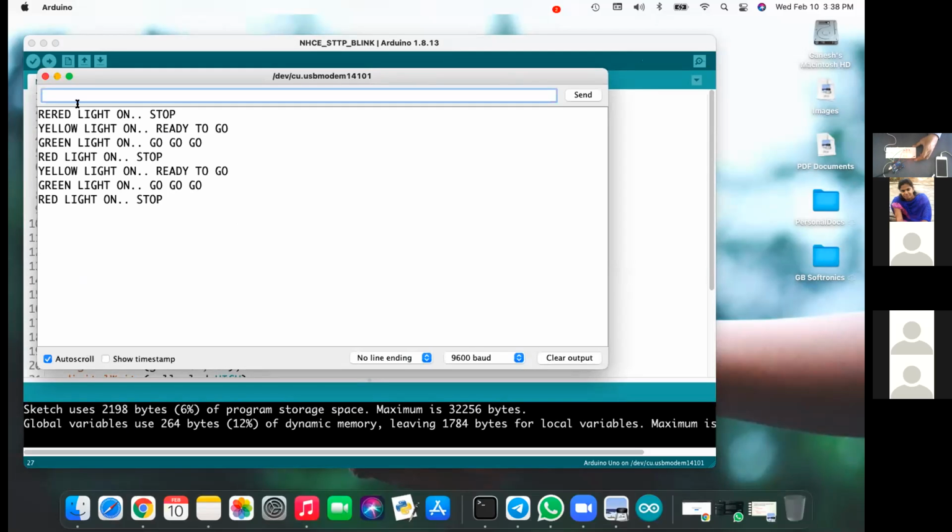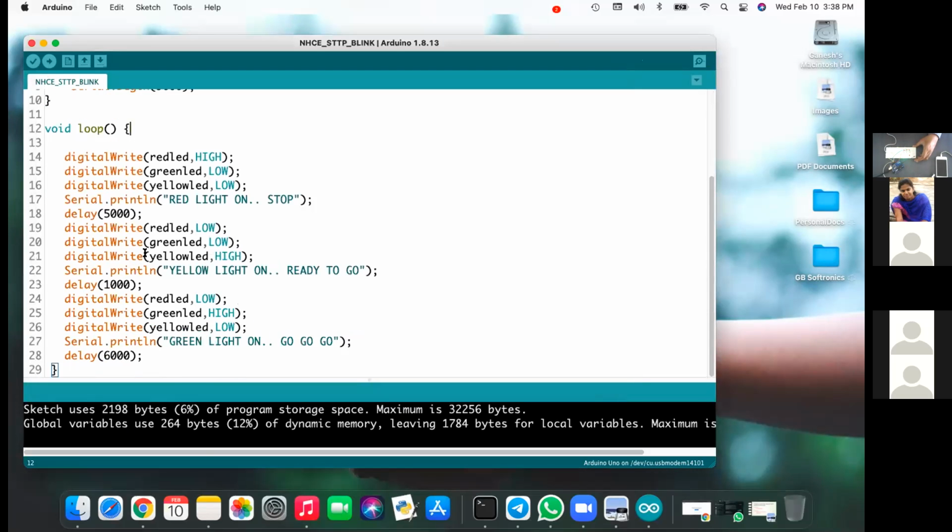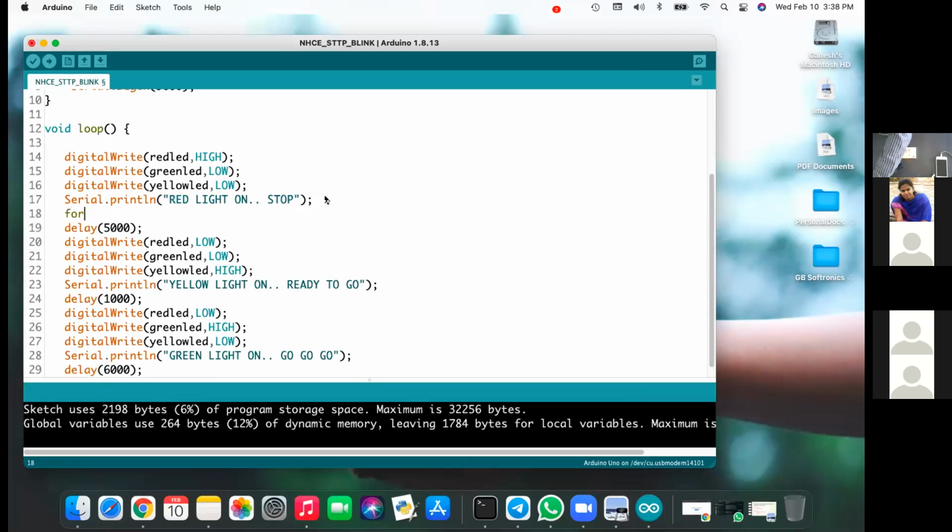Yeah, so you can design such interesting and interactive programs. You can also develop a countdown timer here. So how the countdown timer? For integer i equal to 5, i greater than or equal to 1, i minus minus. It should be greater than, not less than, because it is a decrementing loop.